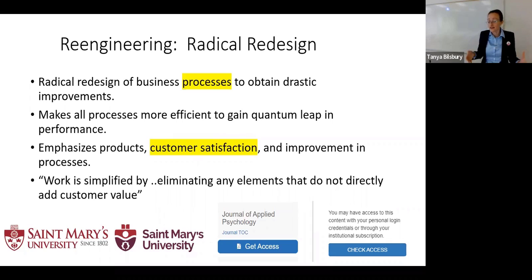And so we spend a lot of our time on things that mean little to nothing to you as the paying customer, whose satisfaction and retention is actually our bottom line. And almost all the revenue here comes from undergraduate tuition. They say work is simplified and made more efficient by eliminating any elements that do not directly add customer value. I see so many projects going on that I wonder whether they do add value.